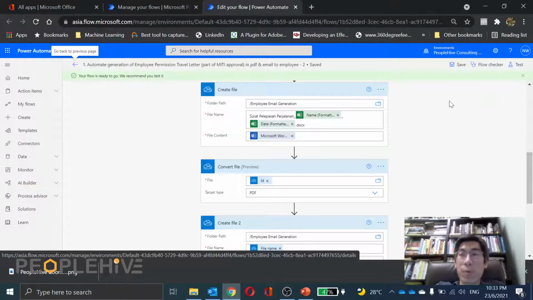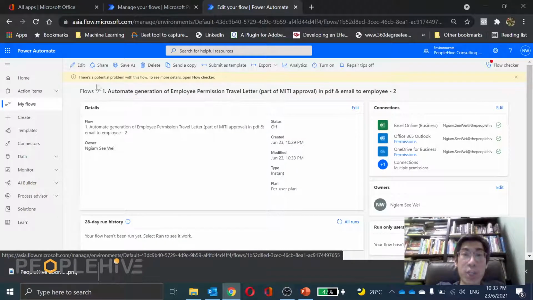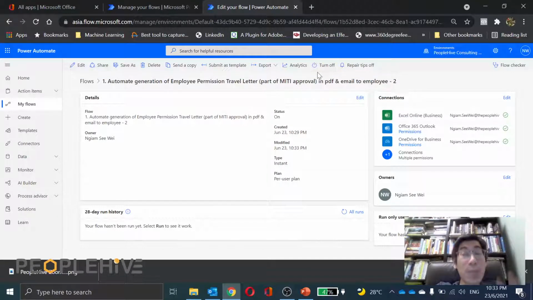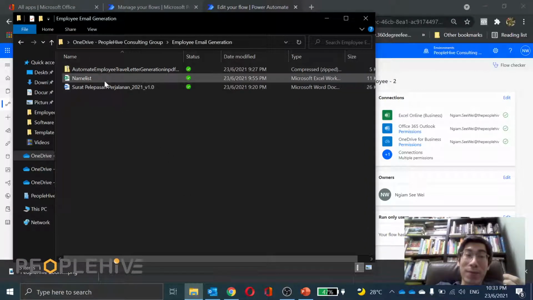Once you have pressed the save button, you can just press this arrow here, follow my mouse, go back to the previous page, and over here click on the word turn on. Yeah, so it means right now your flow is on. So what do you do next then? Go to that OneDrive folder where you have kept that file that you have downloaded from us, right? Open that Excel sheet,